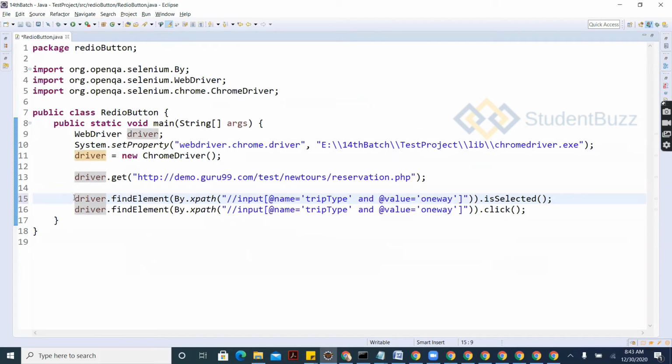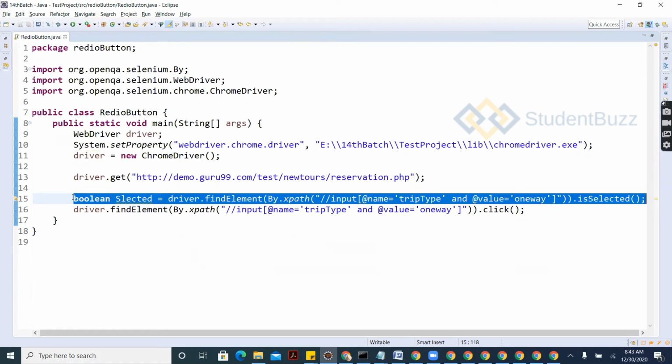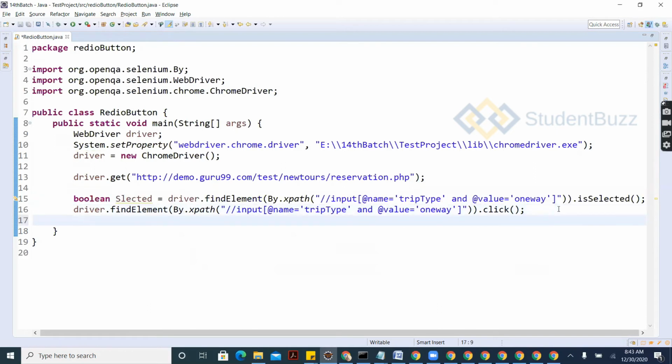If it is not selected, it returns false. So it is not selected as of now, and I kept it here. After selecting, I'll keep it once again in a different variable, now selected. Okay. I'll print both.